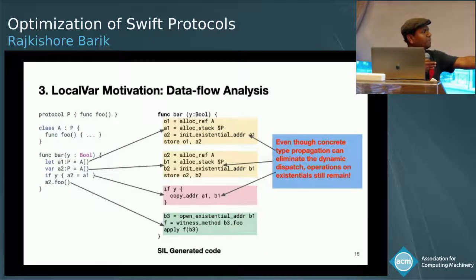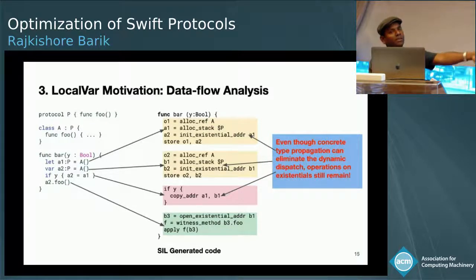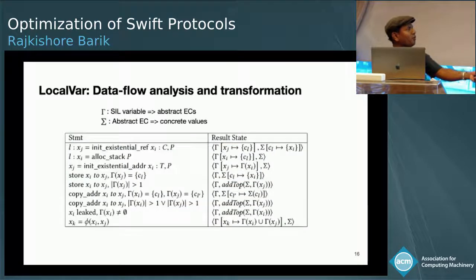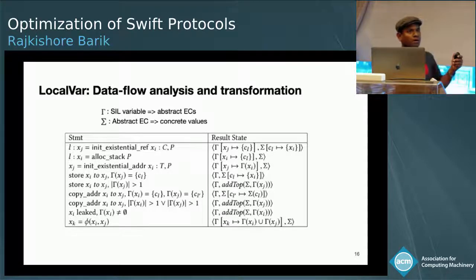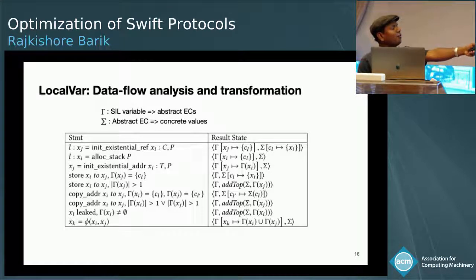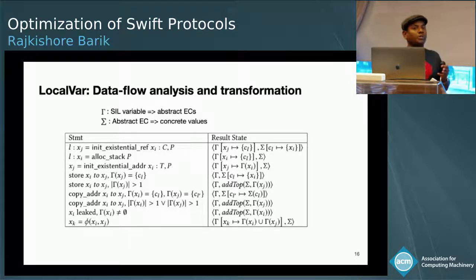or soul type, you are not able to optimize away the existentials. Okay, and this is where we propose a data flow analysis, forward data flow analysis within the procedure to be able to propagate the mapping from the containers or the abstract containers to the real values they are holding. That goes through a variable to abstract container mapping and container to the concrete values, and then at the point of the witness method, if we know one particular value or one particular type, we can devirtualize